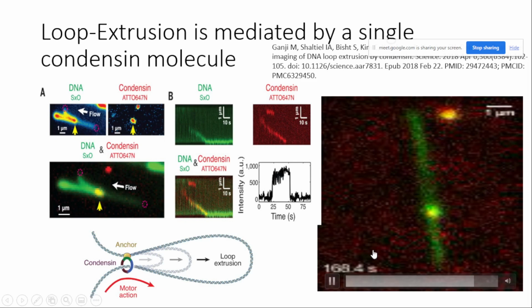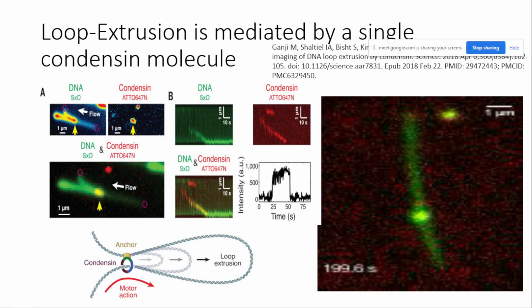Okay. So can anyone tell me what two important conclusions were made by this experiment here? What two major conclusions about the loop extrusion activity of condensin were made here? Can anyone tell me? Two major points. The yellow marks the meeting of condensin and DNA, yes, very good, because they were stained by two different color dyes. Very good. And the second point is that there's a single condensin molecule, as it is visible from the graph.